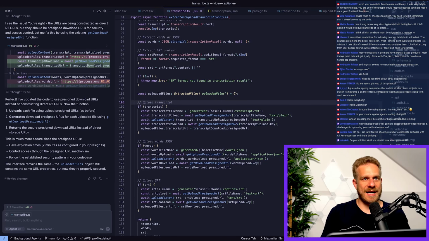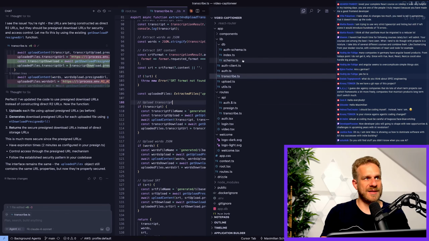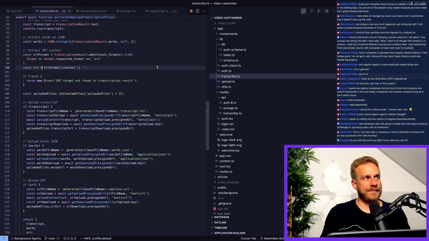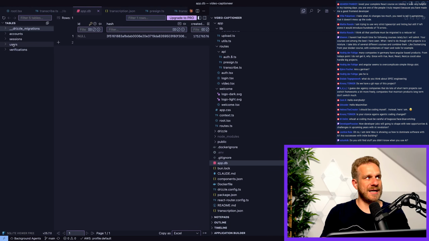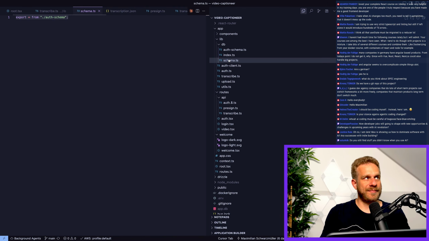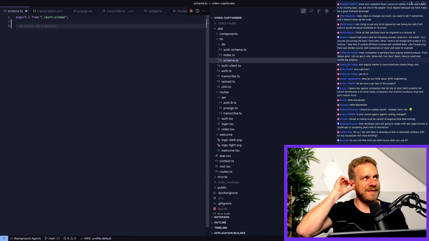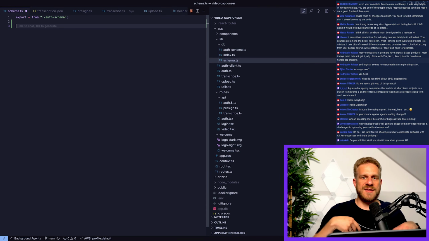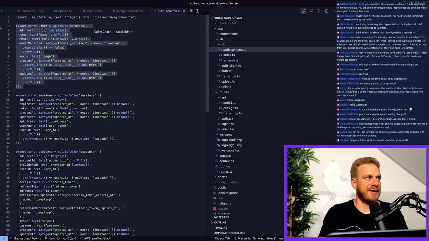Now I do already have a database. Let me briefly bring this up here so that it's visible, this file structure. I do have a database, which currently only has tables for the users because those were created by BetterAuth. I do have a DB folder with a schema TS file, but that is pretty empty and just exports the BetterAuth created schemas. But it's in here now where I, in the end, want to define schemas for the extra stuff I want to store. Just as BetterAuth did it here